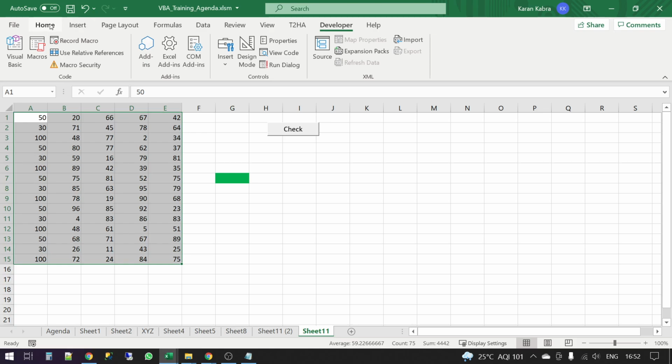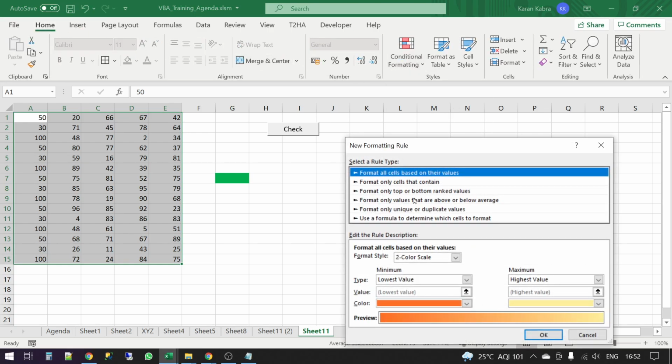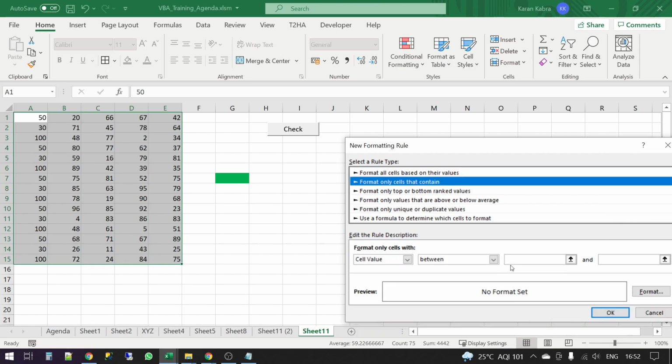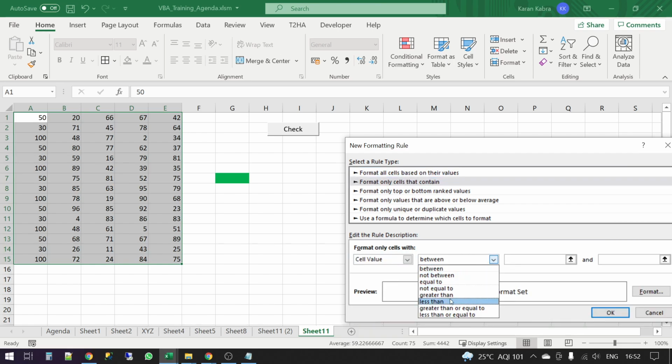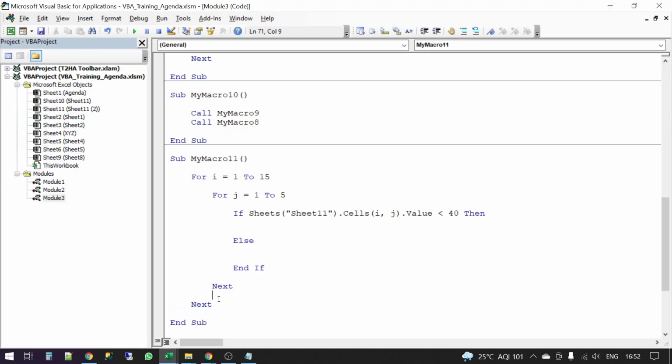They've given you this option of straight away writing your condition, and you can get it done. This same thing we are trying to do with the help of code. This code is exactly doing the same thing as conditional formatting does.